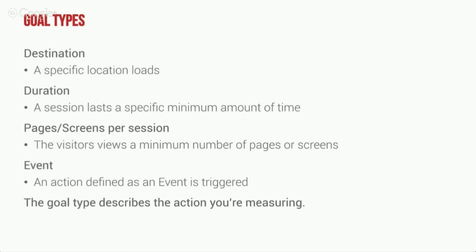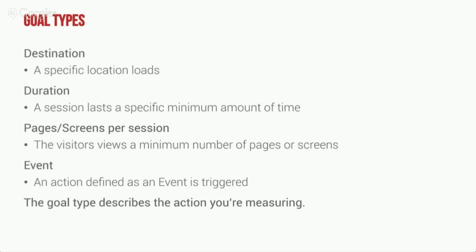It sounds like a lot, but we've had people do all the way up to the top. Here's some examples of those goals from goal types. First is a destination. If a specific location loads on your website, this might be something as simple as a thanks page on your email newsletter. So if somebody goes all the way through that process and the last page loads, you know they would have gotten to it. A duration. If a session lasts a certain amount of time. For example, if I think a valuable user is going to come in and read 2 posts from my blog, and I believe that a post is about 2 to 5 minutes of reading, anybody who's spent about 5 minutes on my site, I know they got to the end of that story, and that's valuable to me.